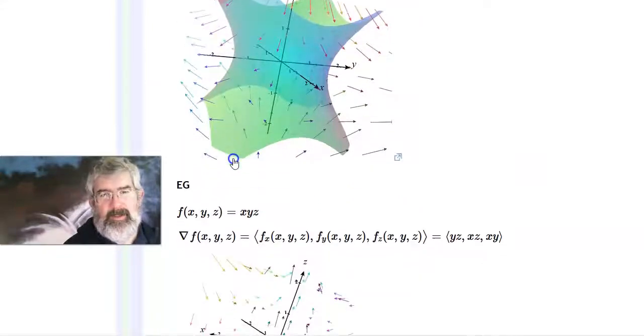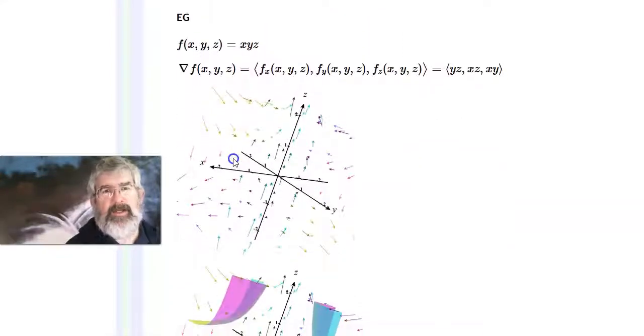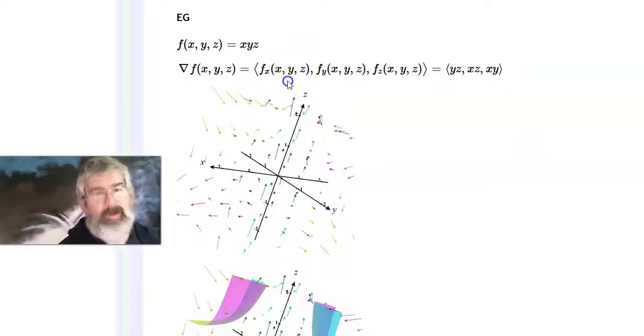There's that picture. This last example is x times y times z. The gradient, of course, is a vector: partial with respect to x, partial with respect to y, partial with respect to z. In this case, partial with respect to x is yz, partial with respect to y is xz, and the partial with respect to z is xy. This is a real crazy graph,